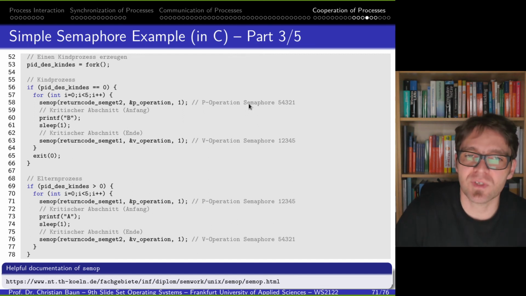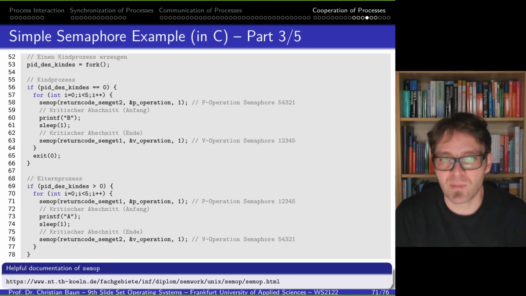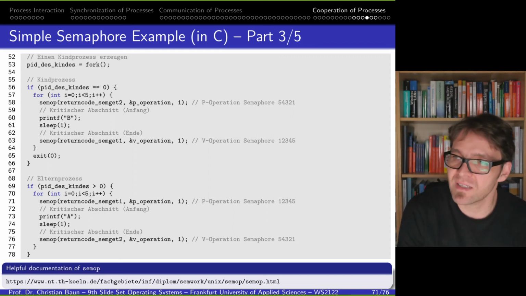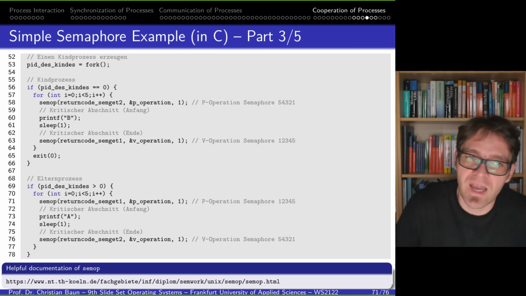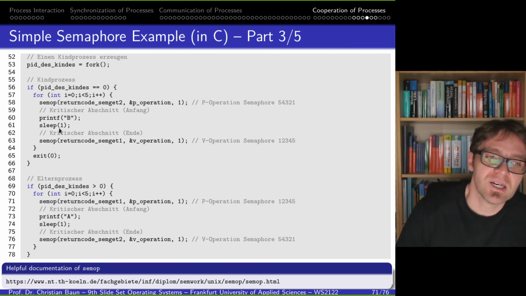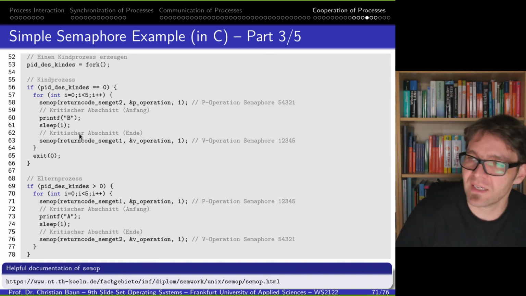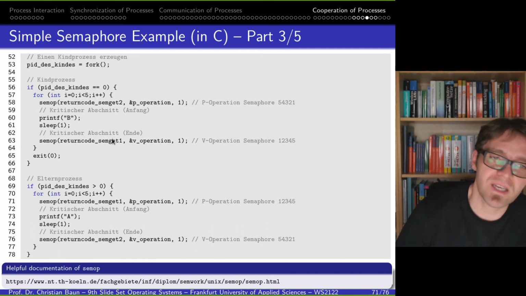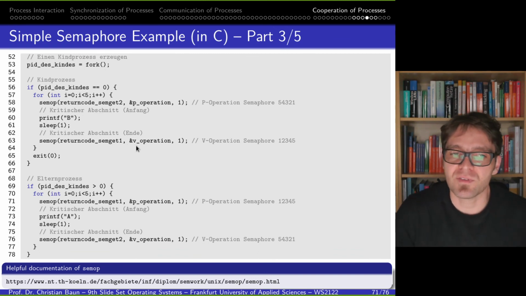We can reduce, only after we can reduce the first semaphore in the second semaphore group by value 1, execute the P operation. If it can be done, B is printed out. That's the critical section. We wait for a second,